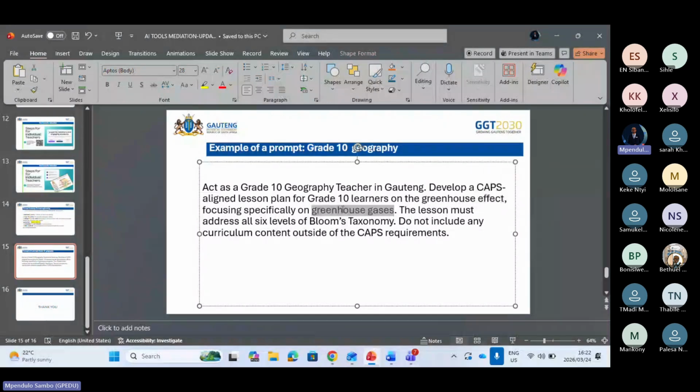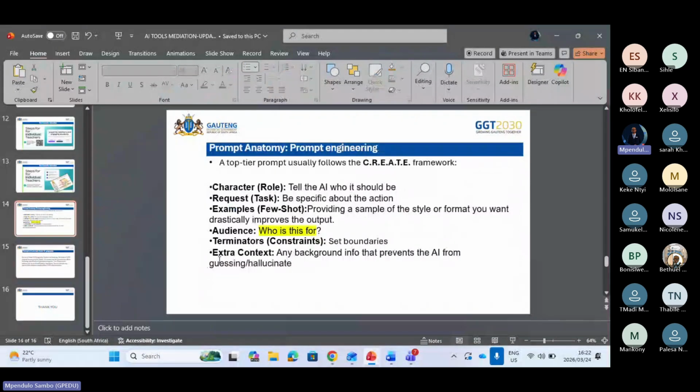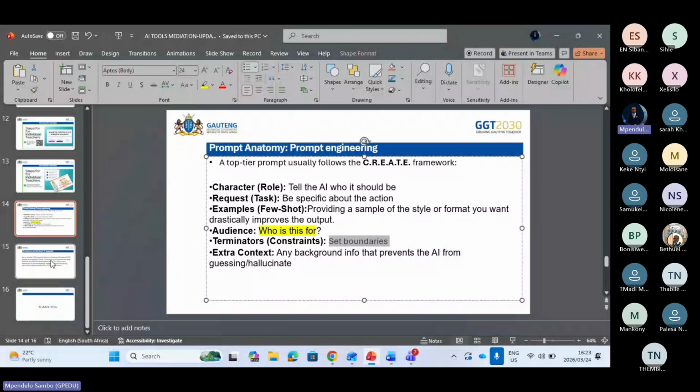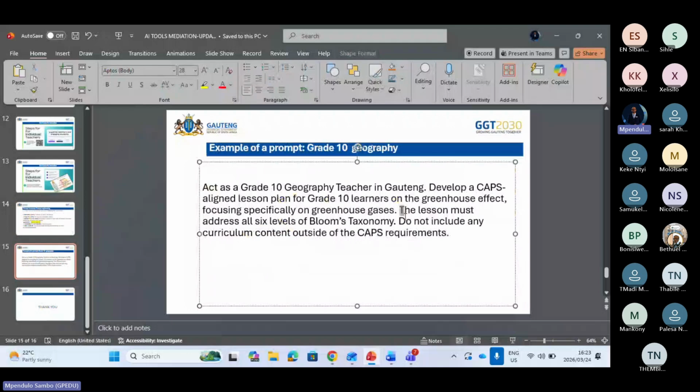Okay, let's move on. Let's cover this one. I'm going to set the boundaries now on this particular lesson, colleagues, the constraints. How am I setting it? I am telling this tool that the lesson should address all the 6 levels of Bloom's taxonomy. So now it will know that it should focus on Bloom's taxonomy. All right.